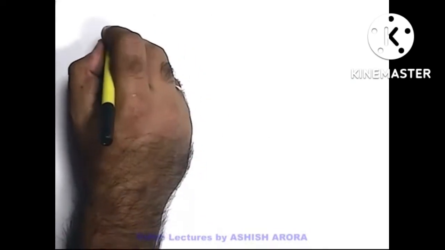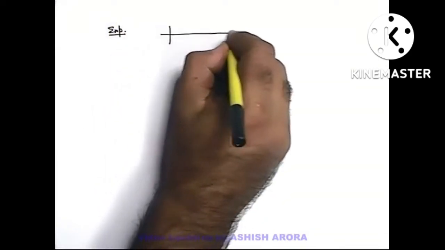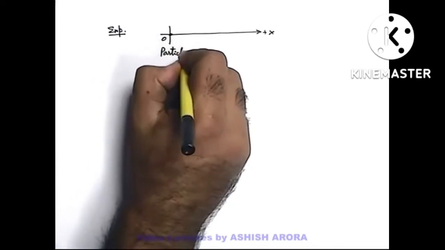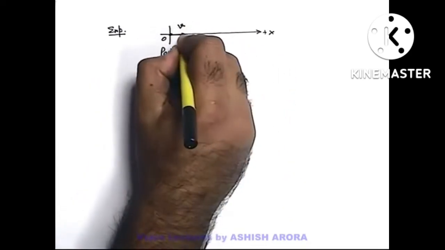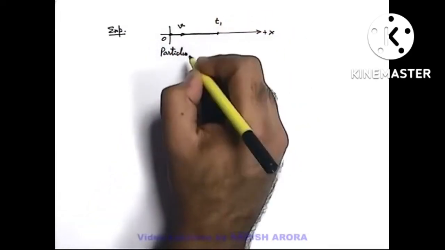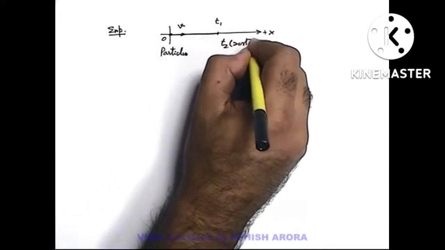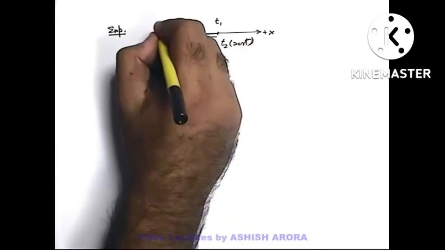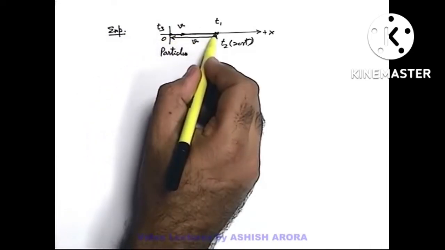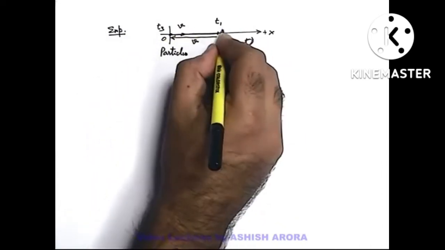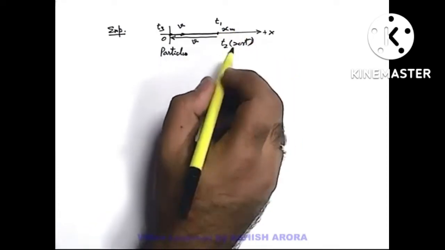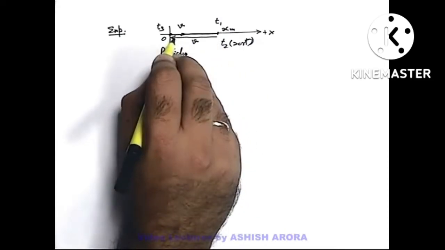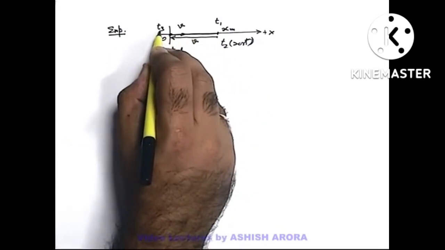Similar to this, if we just consider an experimental situation like say the positive direction of x-axis, from origin a particle starts, it moves with a velocity v, it goes up to a particular position in a time t1, then for a time t2 it remains at rest over there, and then it comes back to origin with the same velocity v in a time t3. So from 0 to t1 it was moving uniformly up to this position, say we write maximum displacement xm. For a duration t2 it remains at rest, and then at time t2 it will start moving in opposite direction, and at time t3 it comes back.